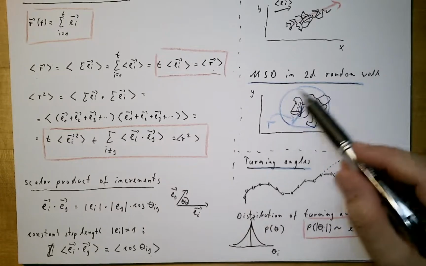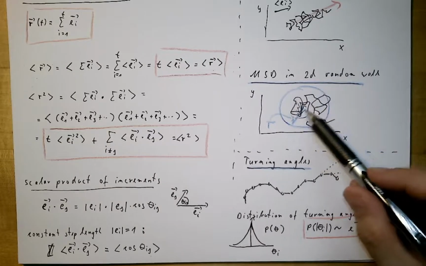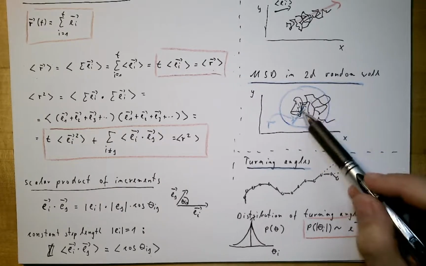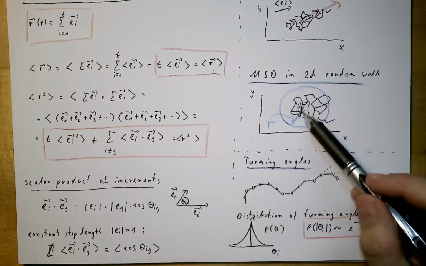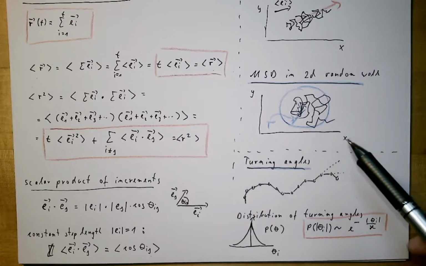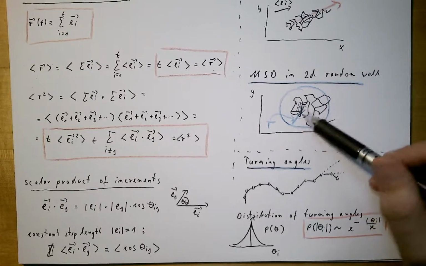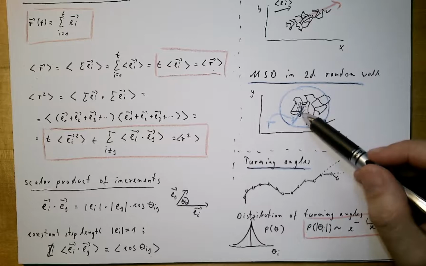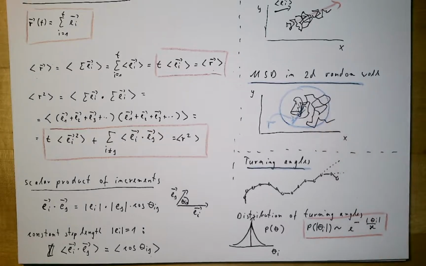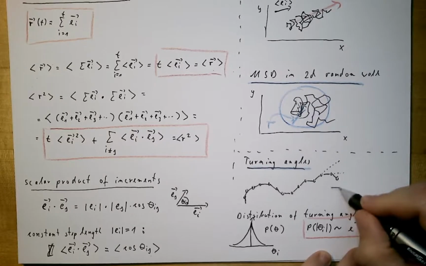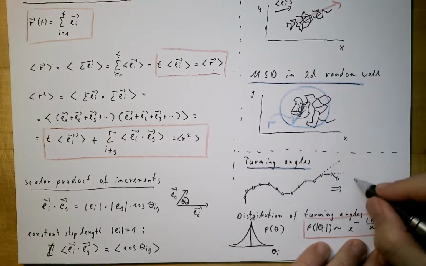And does the animal move in a diffusive behavior where the mean square displacement increases proportional to the square root of time, or is it a super diffusive behavior where the animal is moving more in a kind of ballistic motion? And so all of this leads to the field of movement ecology,